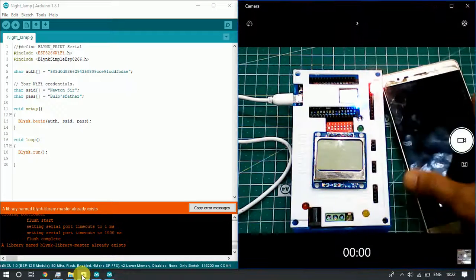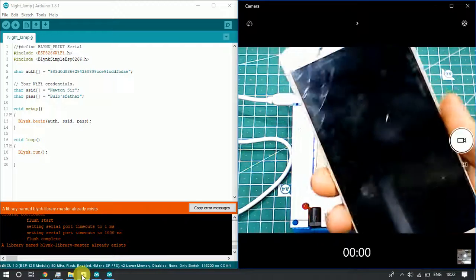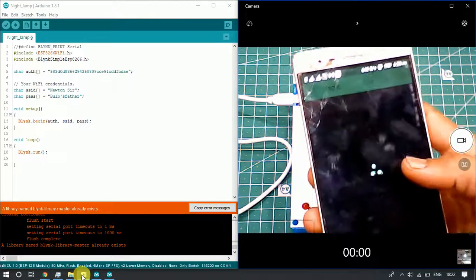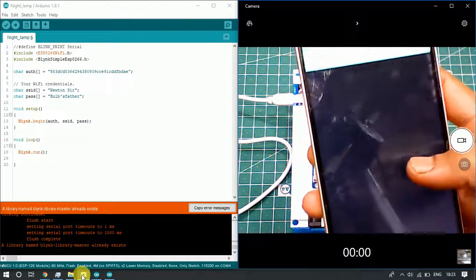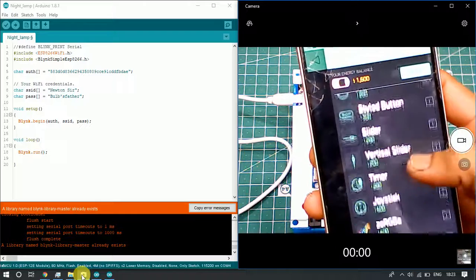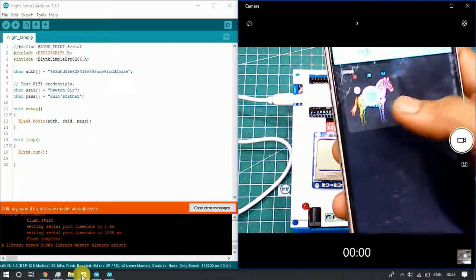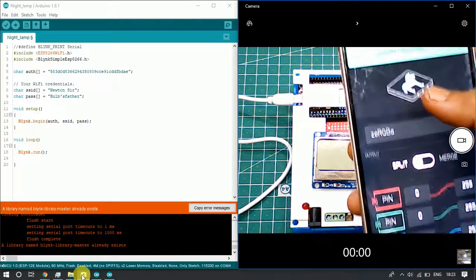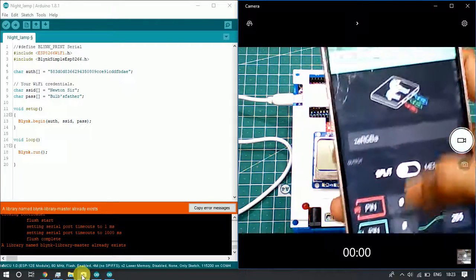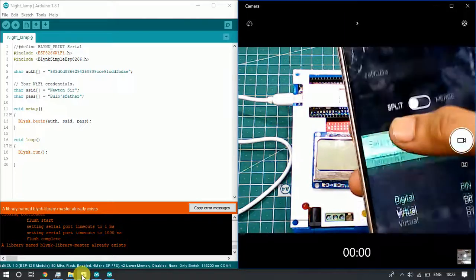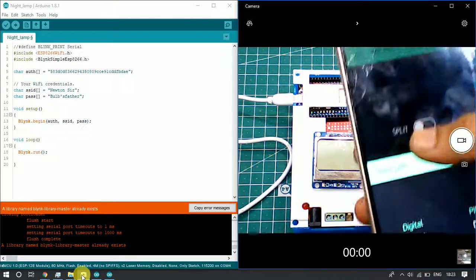In the application, after adding the new project, we need to add some items. We click on the blank screen and we get some menu. So we have selected a zebra. In the zebra item, we need to select some pins.